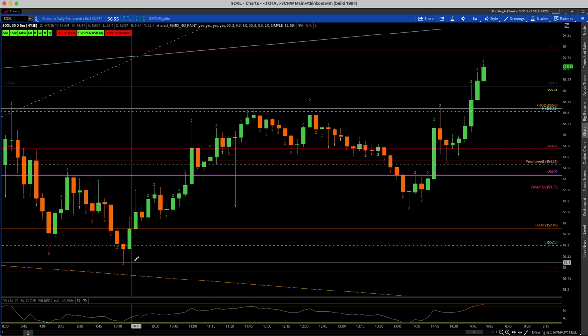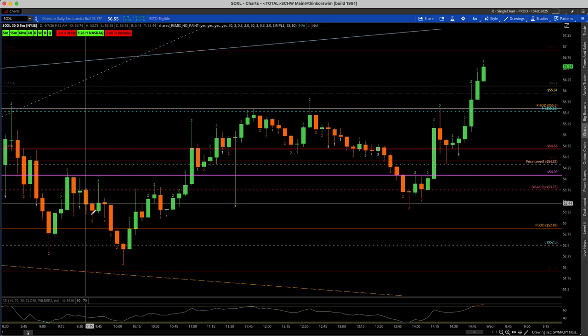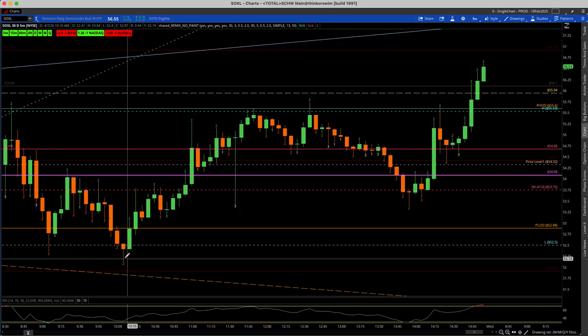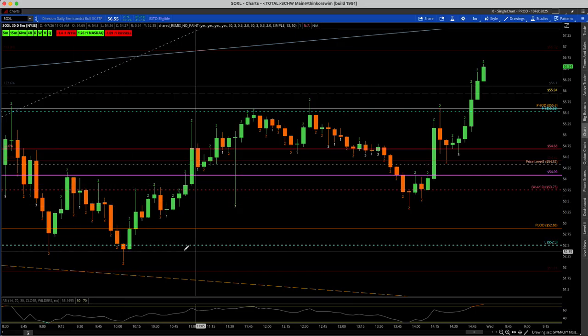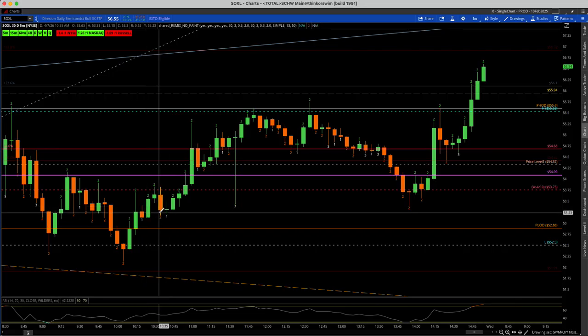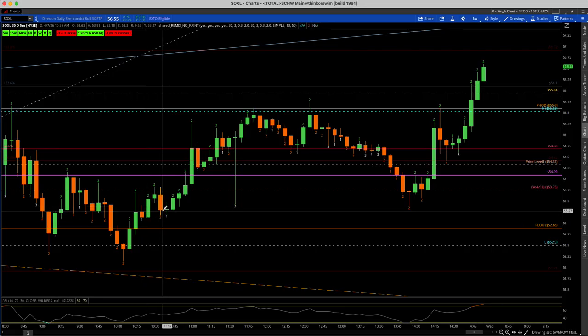Right now it's slightly lower on this low, but we did have this higher low in the sequence of pushing back down to this point. So 3/4 of the position gone here. And once we put this higher low in right here, we went ahead and sold the rest of that position